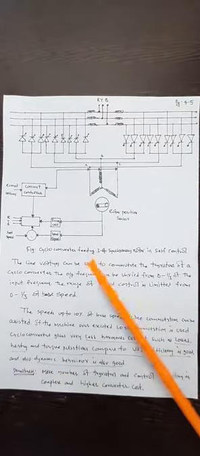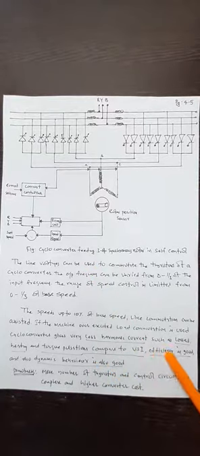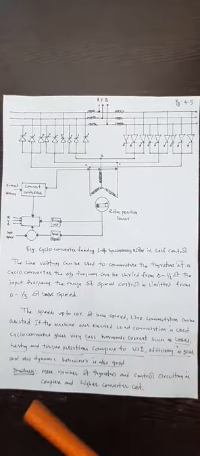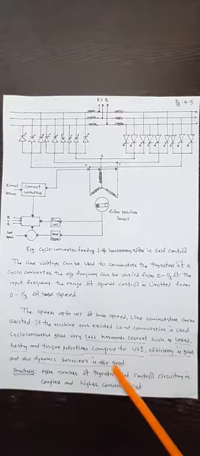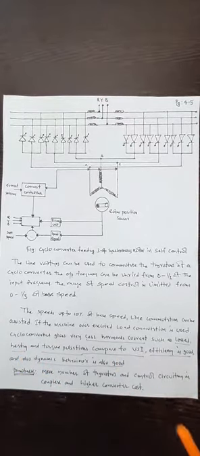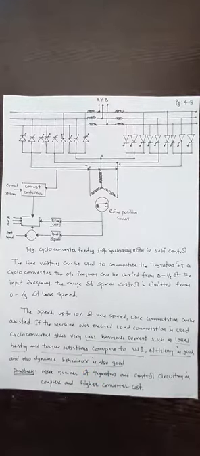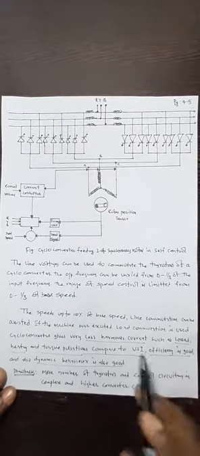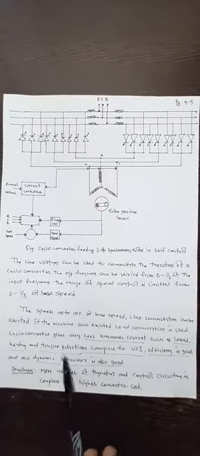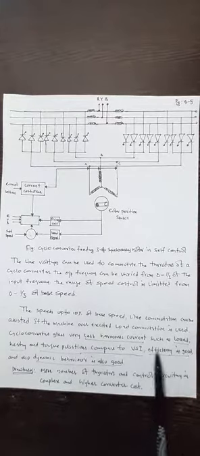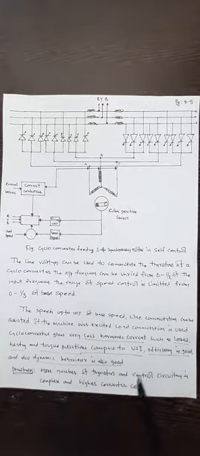So the cycloconverter gives very little harmonic current, resulting in lower losses and low heating, and the torque pulsations compared to VSI are also low, efficiency is good, and the dynamic performance, the dynamic behavior, is also good. Here it is mentioned: the cycloconverter gives very low harmonic content, such as losses, heating, and torque pulsation compared to VSI. Efficiency is good, and dynamic behavior is also good.